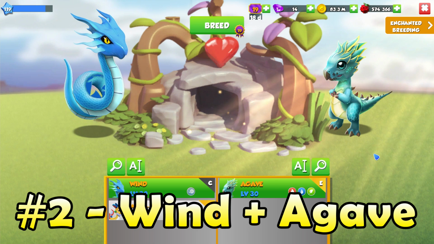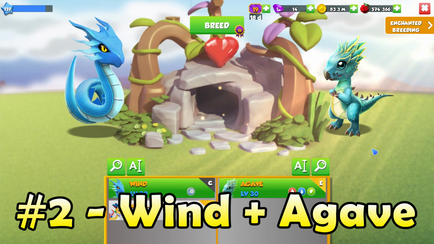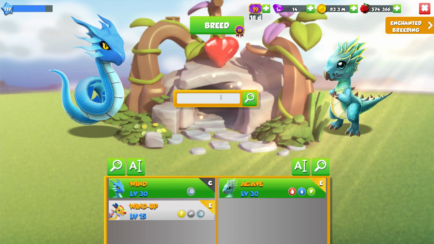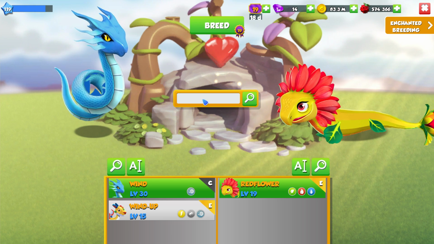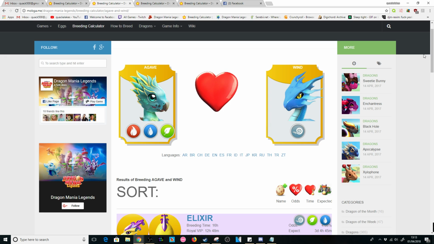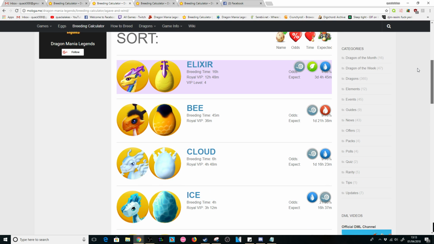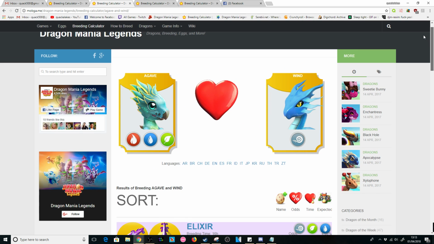And then the second best combination that I would suggest for you to use is the Wind plus Agave dragons. And again, you can replace the Agave dragon with any dragon that has the same elements. So that's the Cherry Blossom, Liquid Fire, Redflower, Seahorse, or the Woolly dragon you can use instead. But this is the second best combination because there are 1, 2, 3, 4, 5, 6 other possible outcomes, 7 if you have VIP level 8 or above, and the chance to breed the IRONFIRE is around 1.9 to 2%